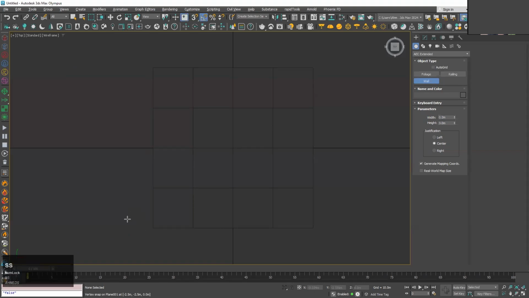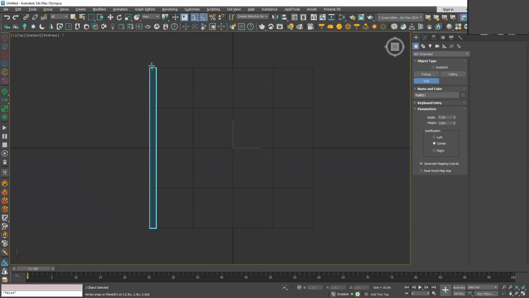So if I press S for snapping mode, I can click and drag, and here we have the wall. And for the second point, if I just click,